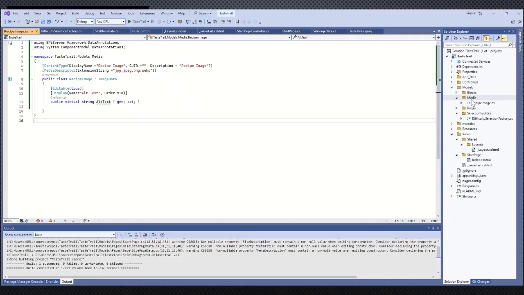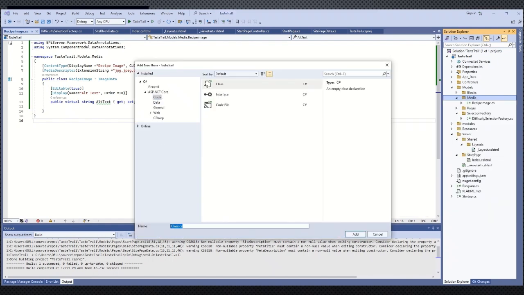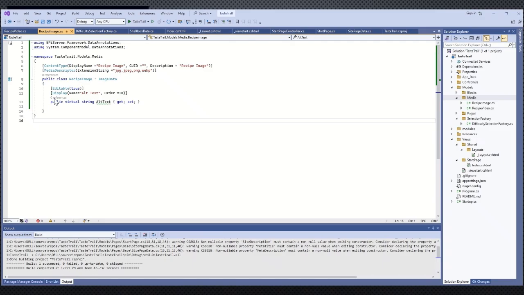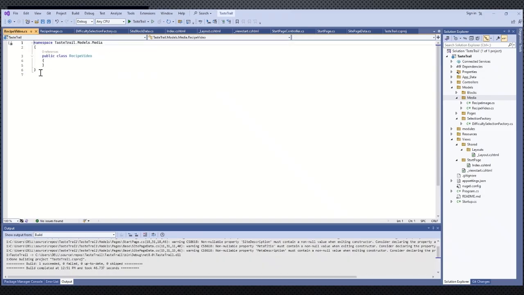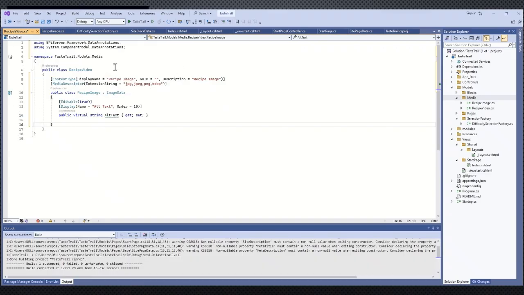So the next one is, let's create a similar class for video as well, right? So I would call it recipe video, right? So let's probably copy this whole thing from here, and then let's try to modify it so that it's quicker. I'm copying that from here. I will call this recipe video everywhere,